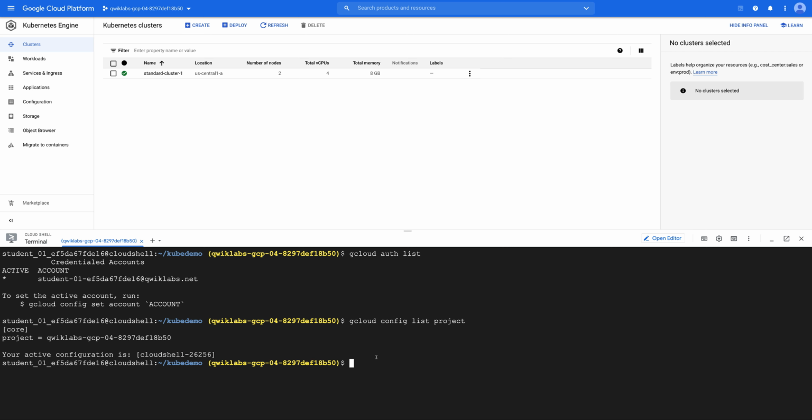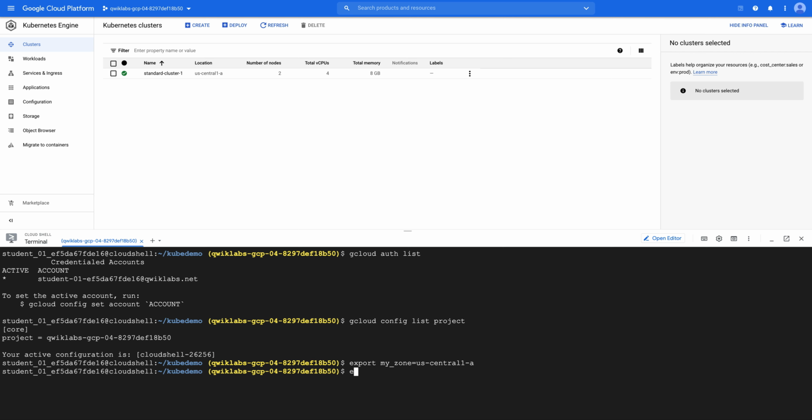These environment variables will be used in a lot of commands, so rather than typing them every time, I am just going to export some variables here. So export my zone: I'm going to set my zone to us-central1-a, just because I have created my cluster there, so I'm setting that same zone.